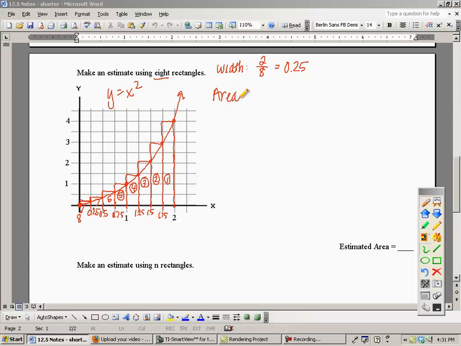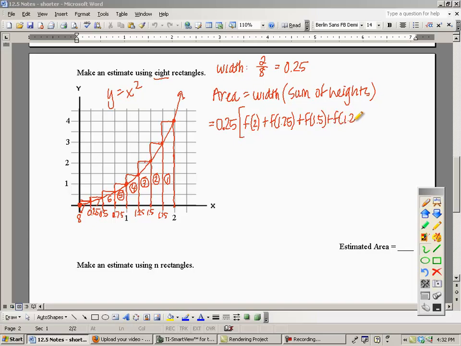In order to find the area, we can take each width and multiply it by its height, or we can do the width times the sum of our heights. And I'm going to take you this way because I think it's going to help eliminate some stuff at the end. Okay, so here we go. Each of these has a width of 0.25. And what I'm going to do is take the value at 2, which is my first height, plus the value at 1.75, which is my second height, plus the value at 1.5, which is my third height,